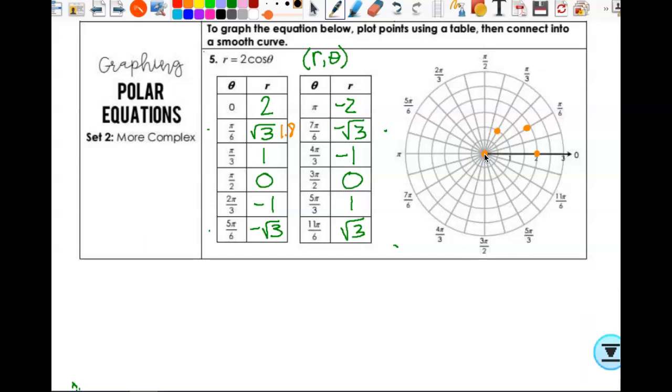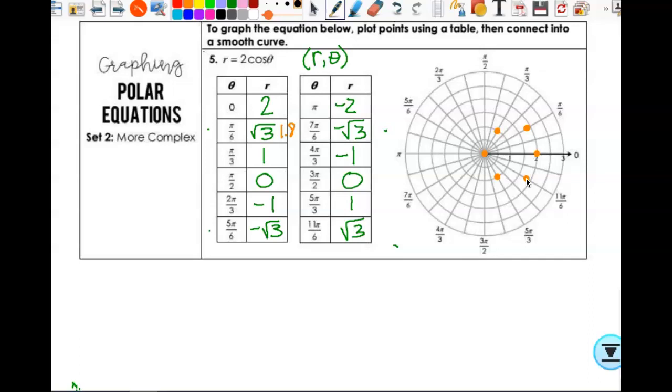When theta is 2 pi thirds, my radius is negative 1. So I'm right there. Then when theta is 5 pi 6, my radius is negative 1.8-ish. Right there. Then when theta is pi, my radius is negative 2. I already have a point there because I've only gone around the unit circle halfway, but